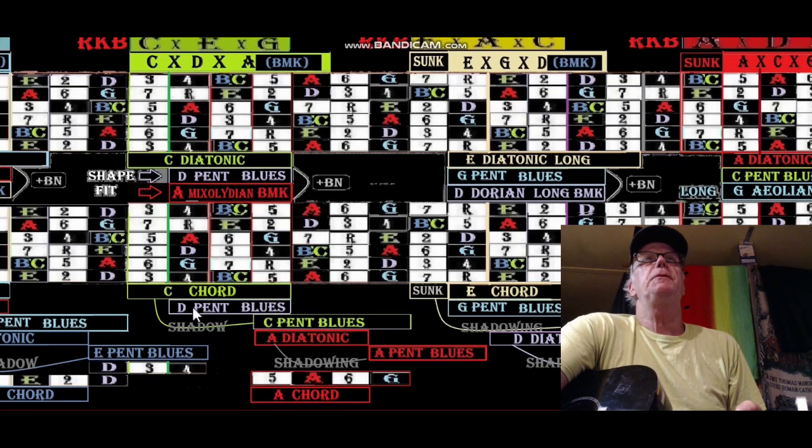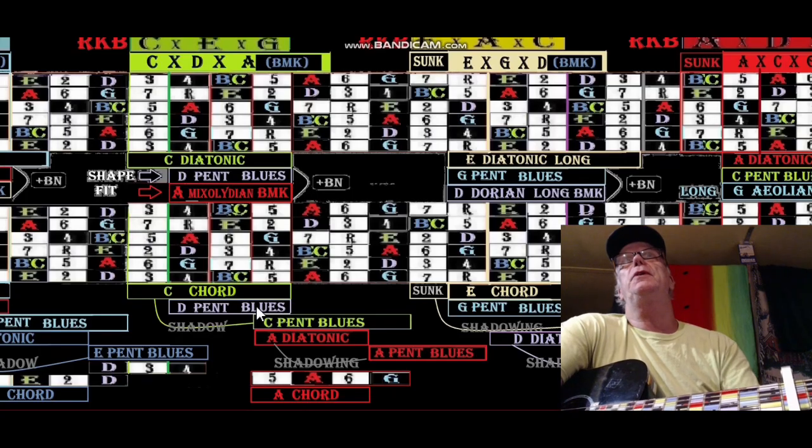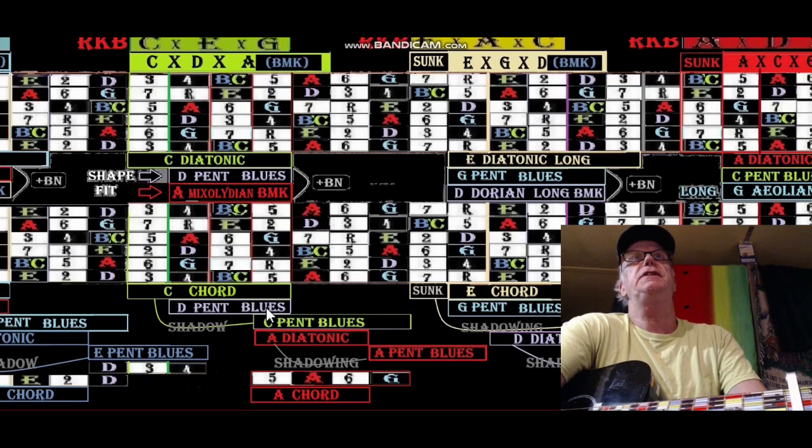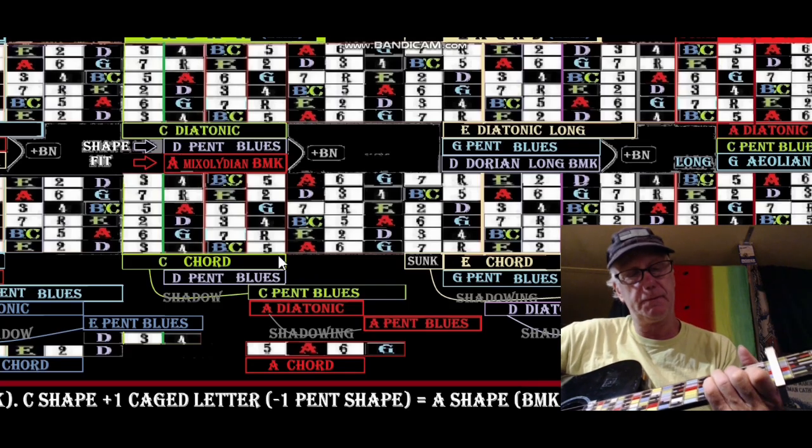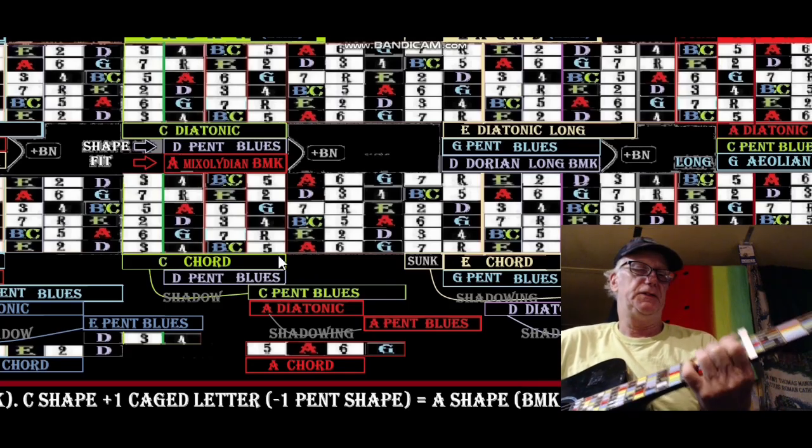We don't have to play the D pent blues, and we'll see how that comes into play with some of the shapes that we don't have a nice easy shape to play. We can just shadow it with the same root pent key. So the root key of the blues becomes the root pent key when we shadow it a minor third up. Okay, the D is